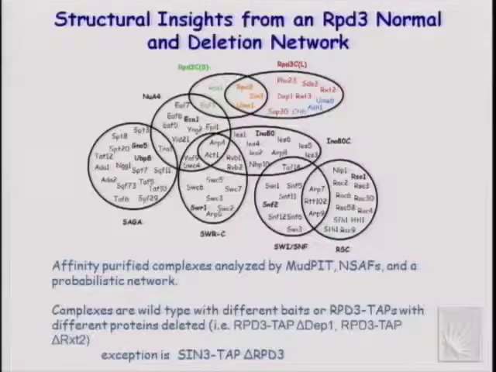The small complex is involved in suppression of cryptic transcription, and the RPD3 large complex is more in general repression. So we have 2 different types of affinity purifications here. One is where basically all the baits have been tagged and analyzed. And the other one is where we have one of these baits, the RPD3 tagged, for example, but we have a deletion of something else. Genetically, you're going to remove DEP1, or we're going to remove RXT2,